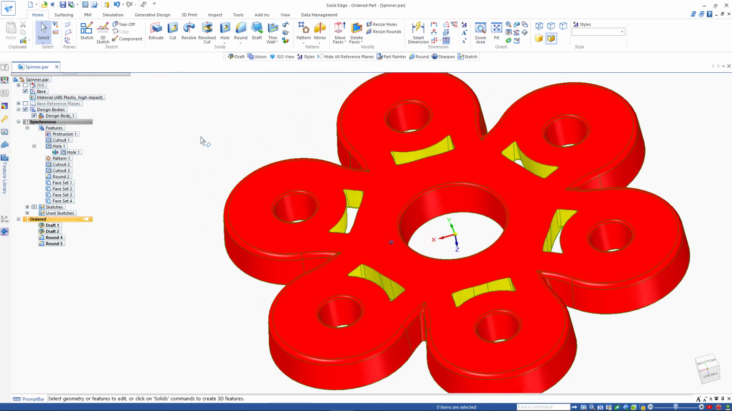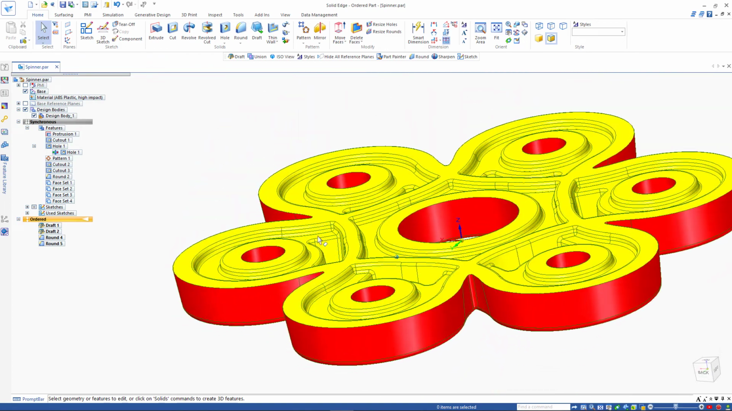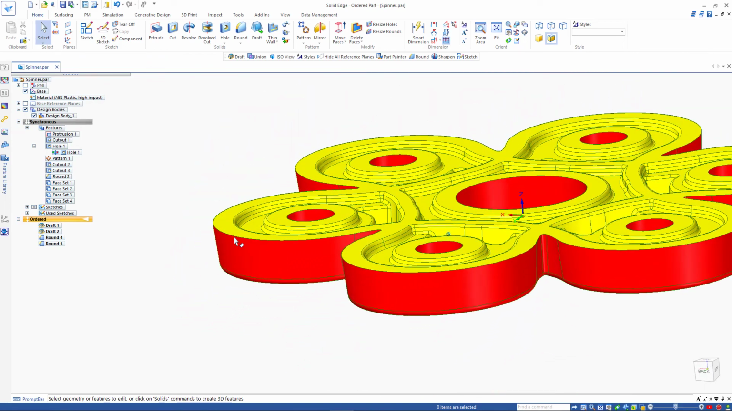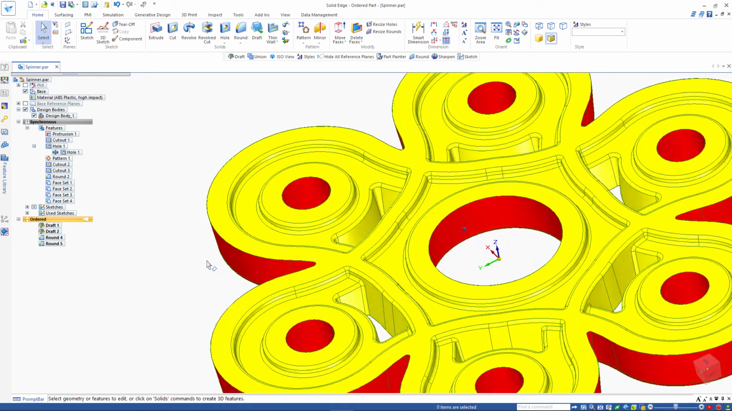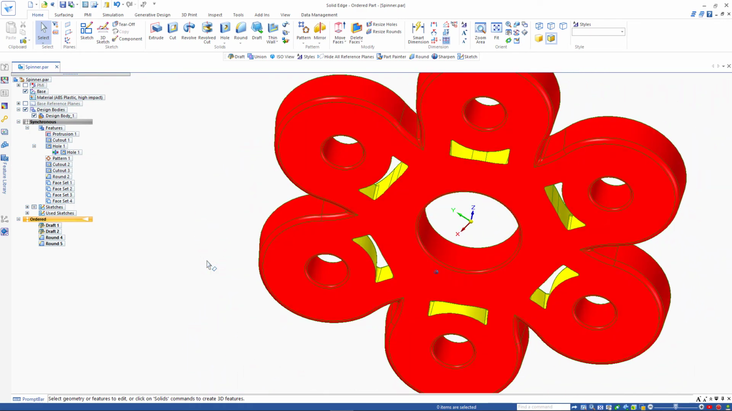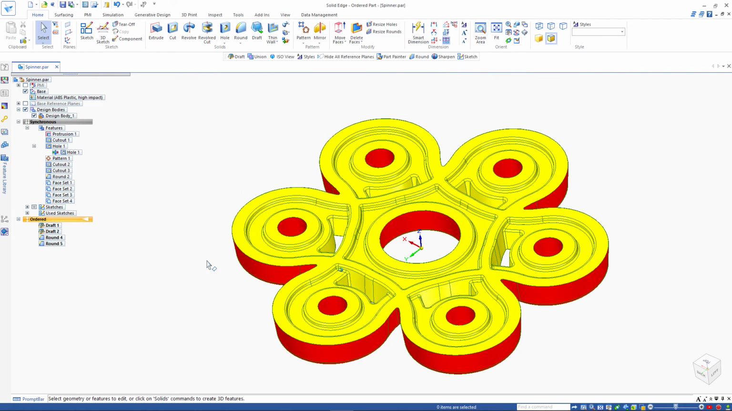So now I don't have any blue faces. Those are all shut-off faces. They're called shut-off faces where the two intersect. And that is a moldable part now with all of the draft angles in the correct